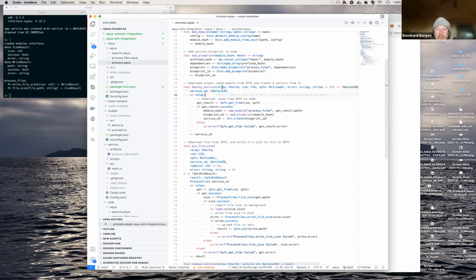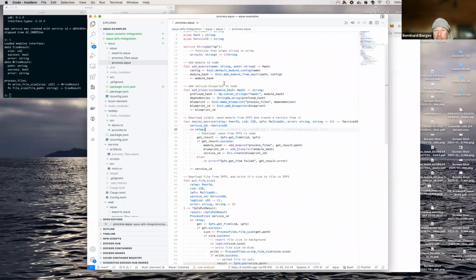We say on this particular relay, we want to execute an IPFS get call. And for that, all we need is the multi-address and the content identifier. And if that process is successful, we now calculate all these hashes to get the blueprint and to get the service ID, and add blueprint is up here.